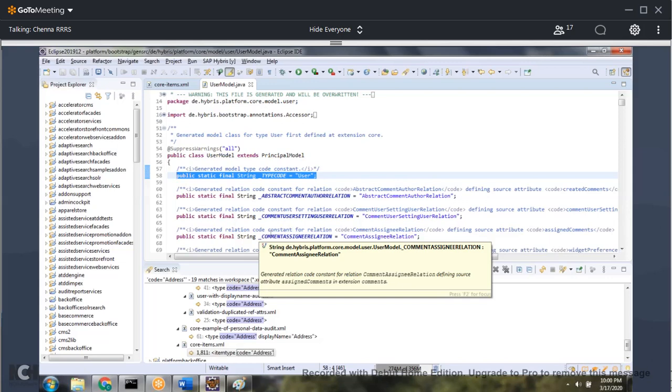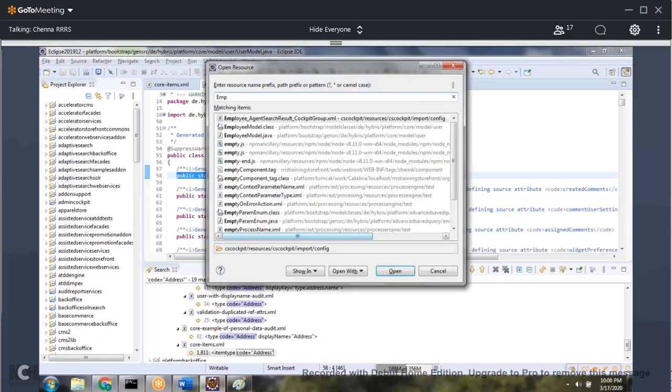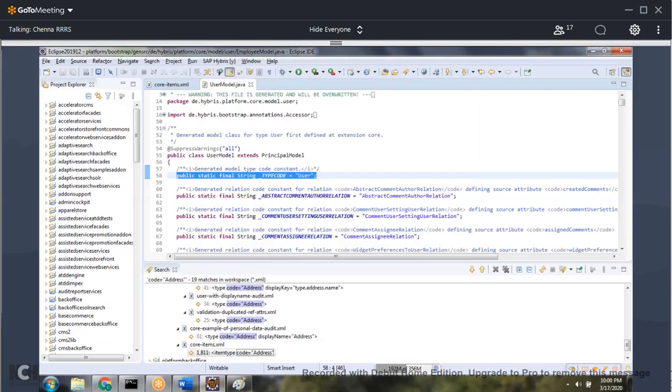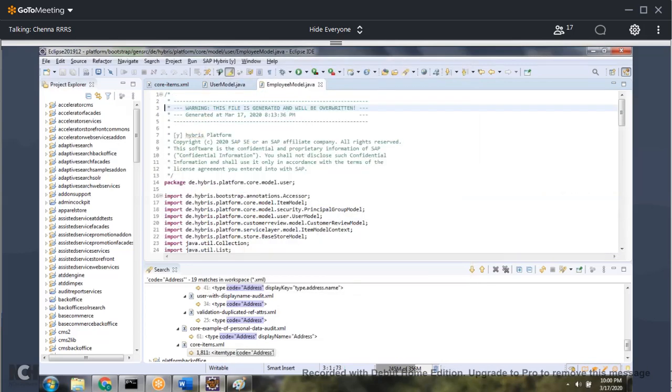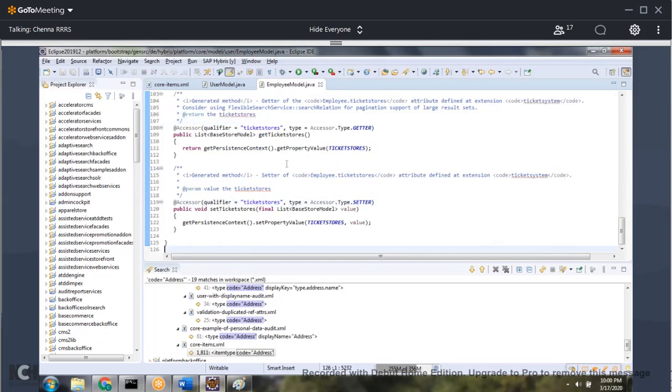That's the purpose here. Once you have the user model or employee model, if I have a dynamic attribute here and keep some value in it, then it will be available throughout the application. Wherever you use the employee model, that attribute will be available.